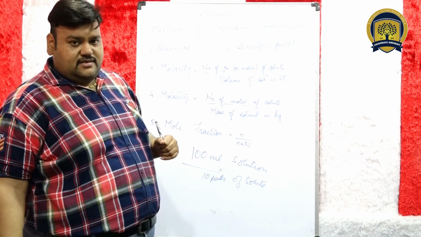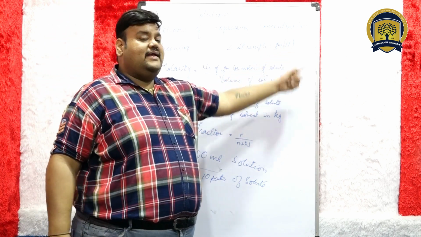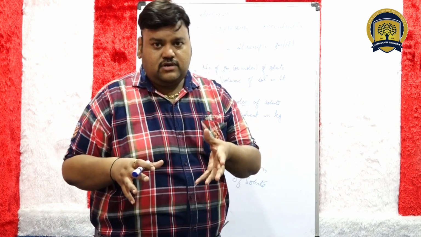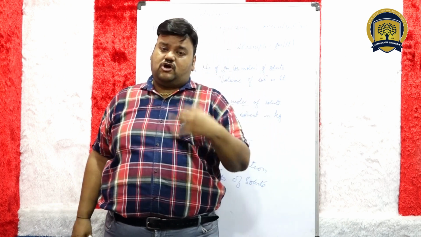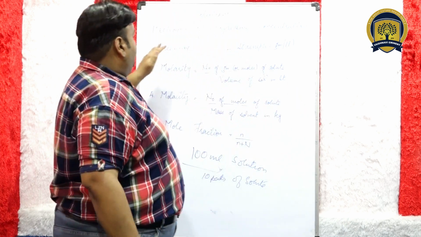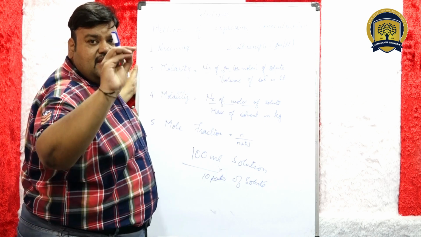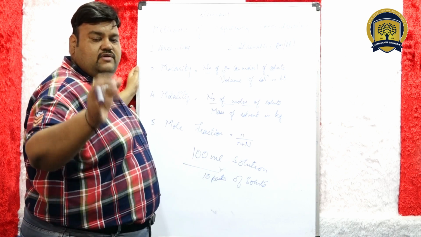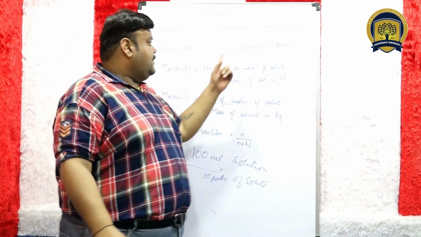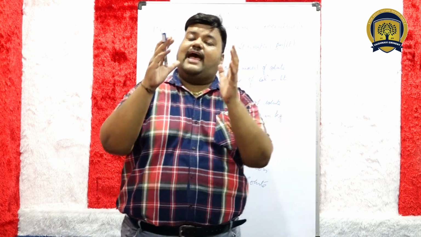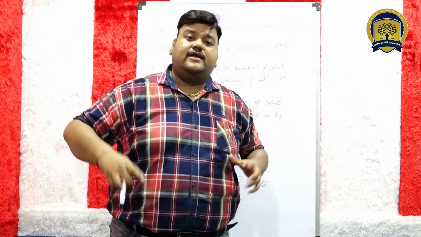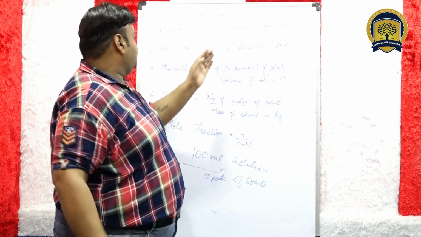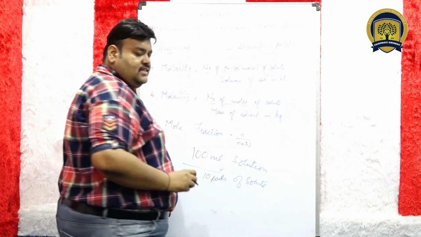The second is strength, and the strength is shown in gram per liter. How many grams of a solute are dissolved in how many liters of solvent or solution? Be careful. In percentage, we were not having any clear distinction of what the unit is, whether it is gram, kg, or what. We were talking about percentage only, strictly. But in strength, we are talking about how many grams of a solute are dissolved in how many liters, the volume of solution or the solvent. So have a look at this percentage and strength once again. If you have doubt, please let me know.